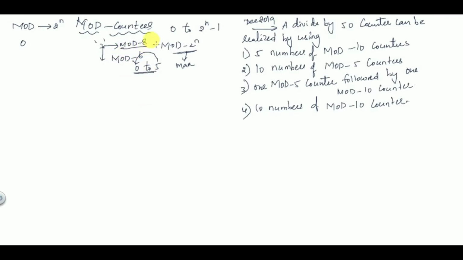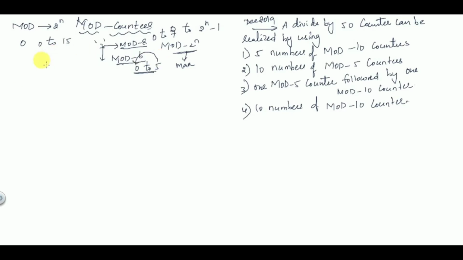In the case of mod 8, it counts from 0 to 7, so the total number of states is 8, so it is a mod 8 counter. This mod 8 counter, with some modifications, we can make into a mod 6 counter. So we can design counters of our required modulus value, not only the maximum value, because sometimes we require the count only from 0 to 10. Sometimes in timer circuits or other circuits we don't require the counter to count from 0 to 15. Suppose a 4-bit counter is there.